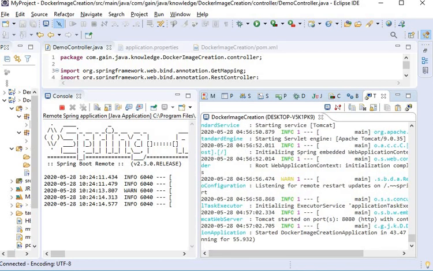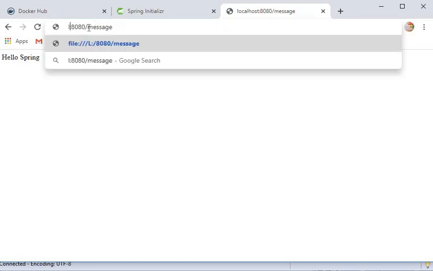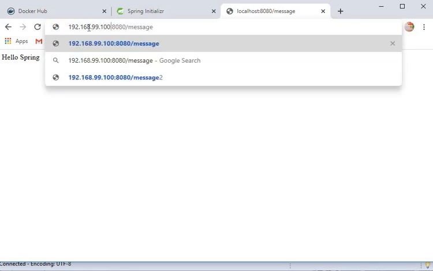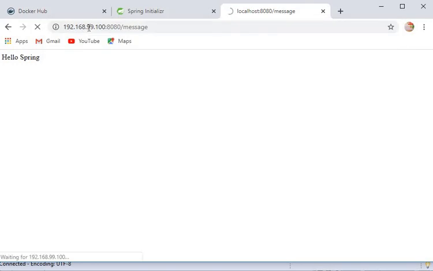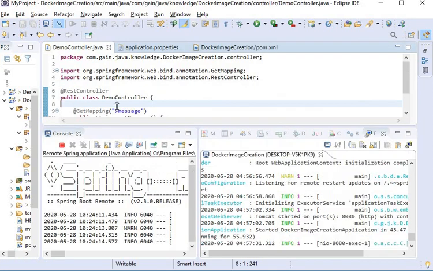Now I will go to my Chrome and here I will call my Docker image endpoint that is running on 192.168.99.100 port, and when I hit this endpoint, here you can see the response hello Spring. Now I will go to my Eclipse and